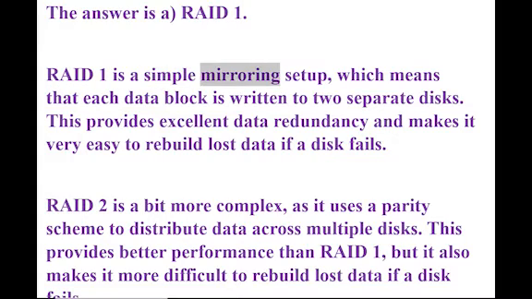RAID 1 is a simple mirroring setup, which means that each data block is written to two separate disks. This provides excellent data redundancy and makes it very easy to rebuild lost data if a disk fails. RAID 2 is a bit more complex, as it uses a parity scheme to distribute data across multiple disks. This provides better performance than RAID 1, but it also makes it more difficult to rebuild lost data if a